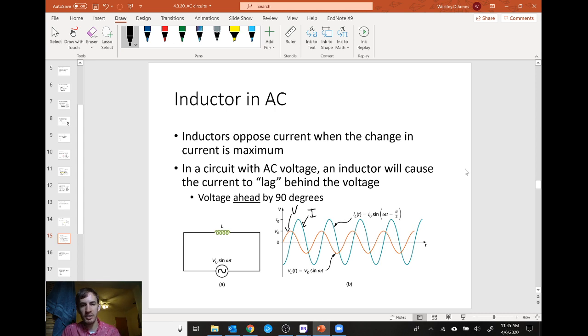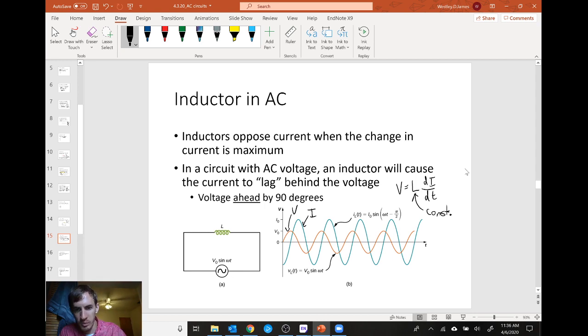And this is because, this one's a little easier to explain. Remember that the voltage across an inductor is the inductance times di dt. This was the equation for the voltage across an inductor. That's what it is. Inductance is a constant. And so